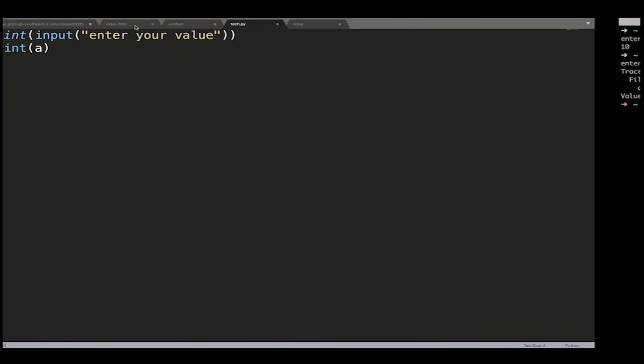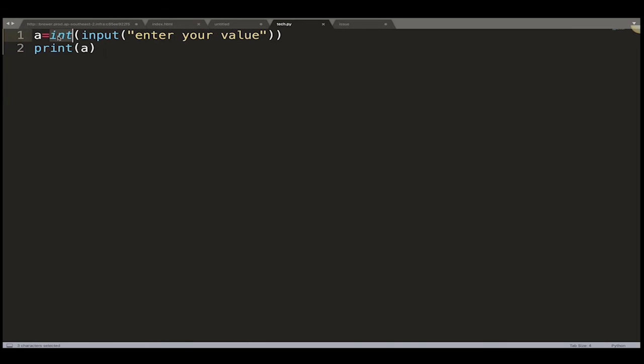Because here I am saying that you have to store an int value, but I am giving a string value. So the type is mismatched, the data type is mismatched.